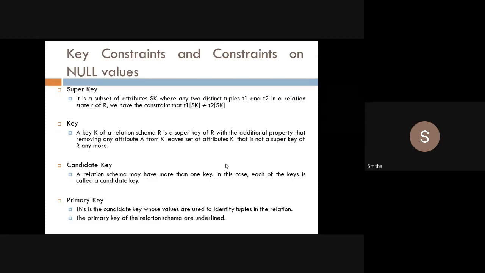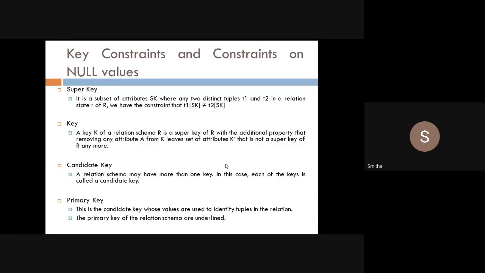Now for any two distinct tuples T1 and T2 in a relation state R of R, we have the constraint that T1 of SK is not equal to T2 of SK, meaning entirely it should not be the same.